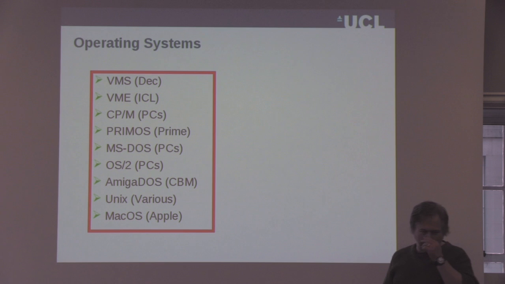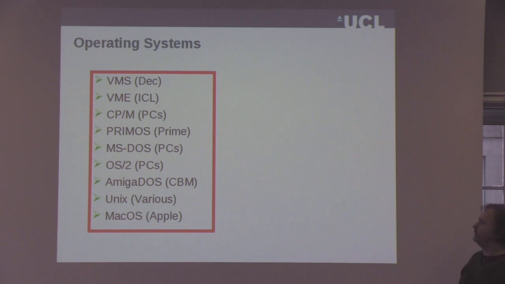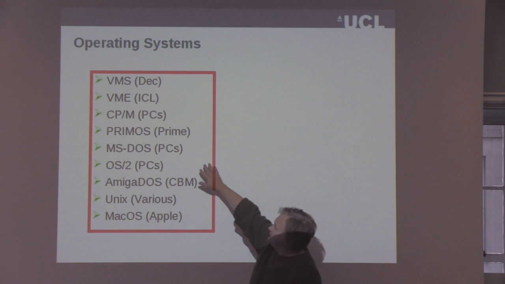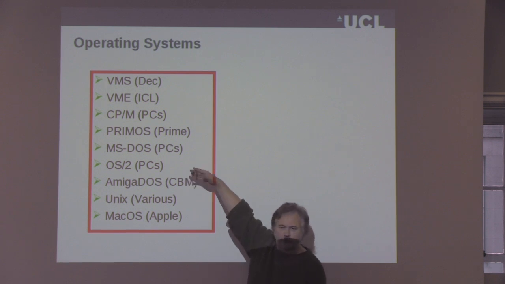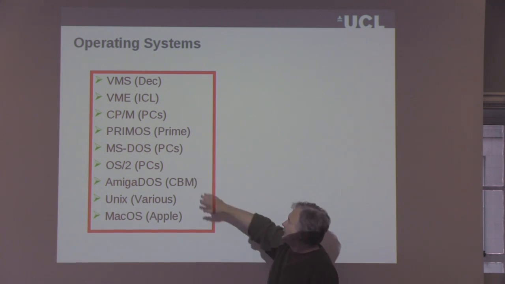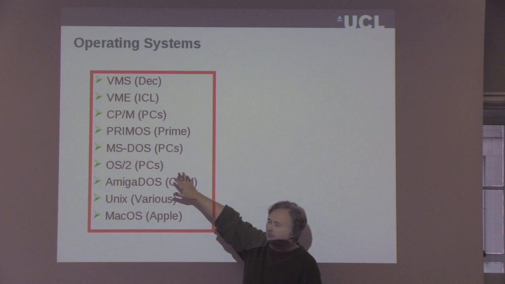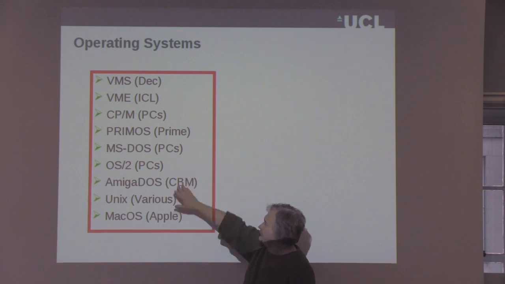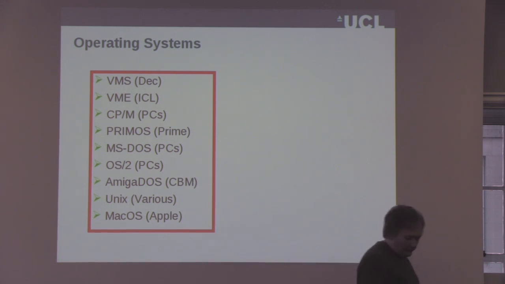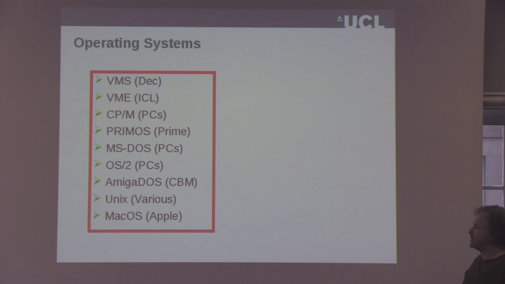CP/M was something that ran on desktop PC type computers. And then, of course, we got things like MS-DOS, which became Windows, OS/2, which was very popular for a while and then kind of died out,